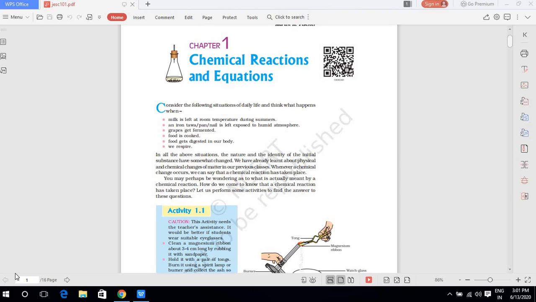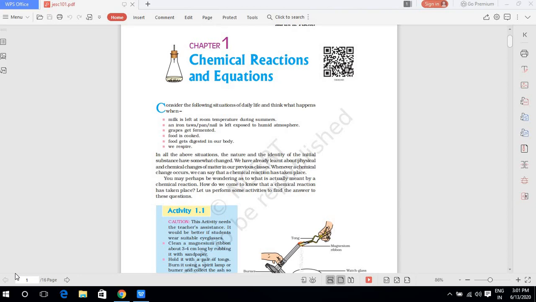If you break a stick into two, both the broken pieces remain as stick. So it is a physical change, because the results are the same